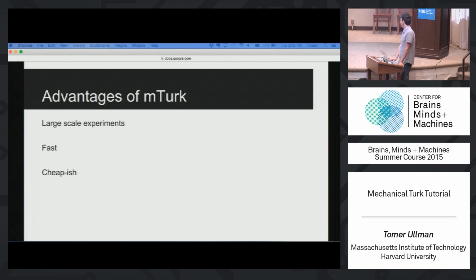Another thing is that, as I said, even if you're paying people minimum wage, it's still pretty cheap to get 100 subjects. It's cheap-ish. The ish is because you should pay people some minimum wage. It's replicable-ish. What I mean here by replicable is not what you might think, which I'll get to in another slide. It's just if you want to hand it off to another person. Someone says, I don't quite understand your protocol, or I don't quite believe it, or I want to tweak it in some way. It's much harder usually with lab protocols.